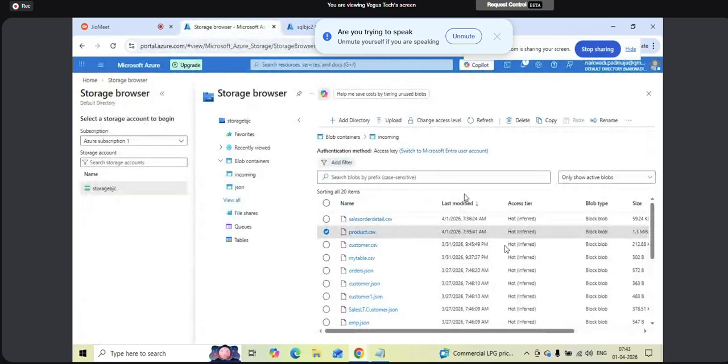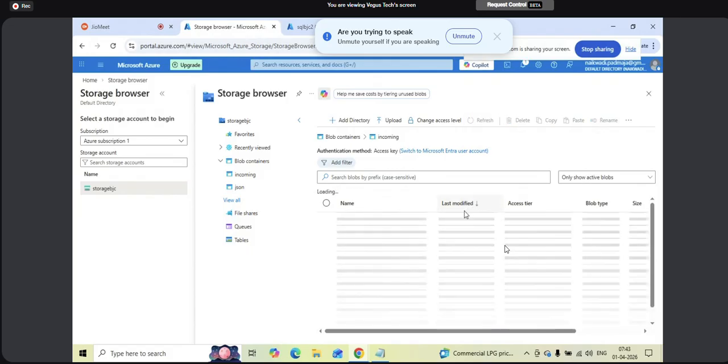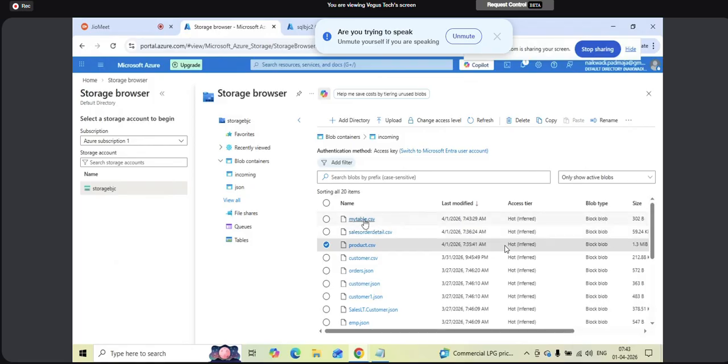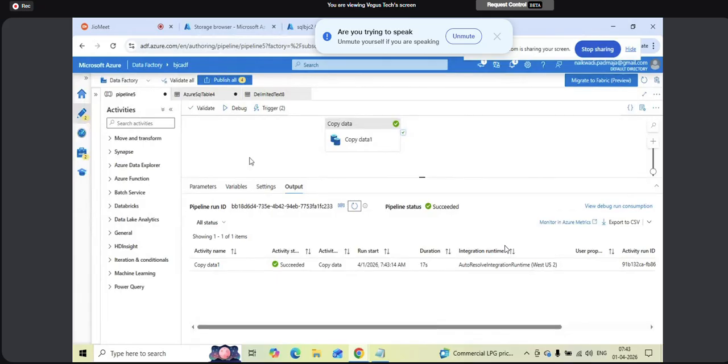In the storage, refresh, my table.csv. Same thing, if you rerun again,